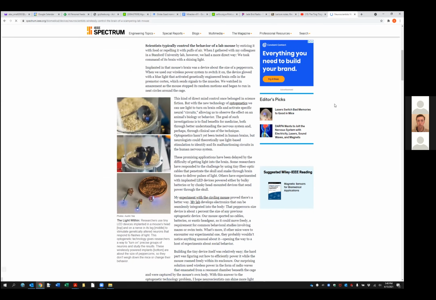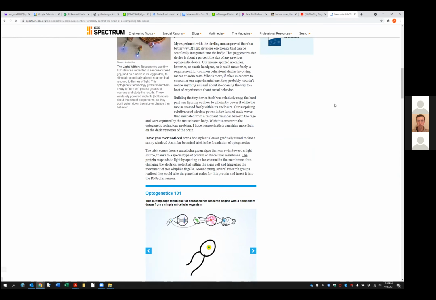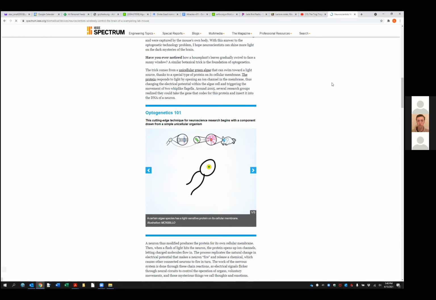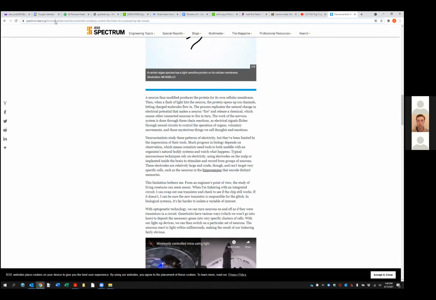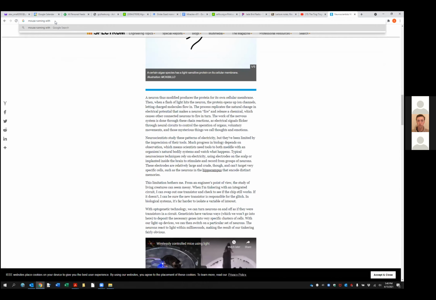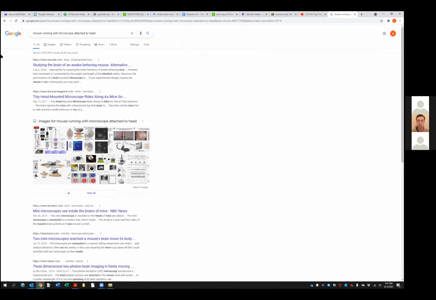So they have shrunk these things down considerably. Now, this is just wired to one very specific site. But let's see. I have seen videos of these tiny head-mounted